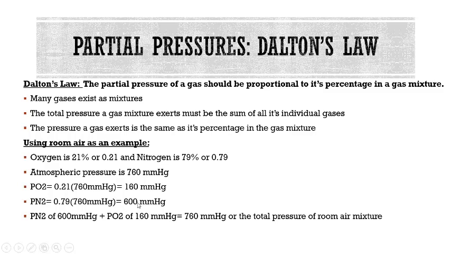If you then take the pressure of nitrogen, the 600, plus the pressure of oxygen, the 160, you get the total pressure of the room air mixture, the 760. And that goes to the total pressure a gas mixture exerts must be the sum of all its individual gases. So the sum of 160 and 600 equals 760. Okay, and we're going to do some more practice with this, but this is how it's applied